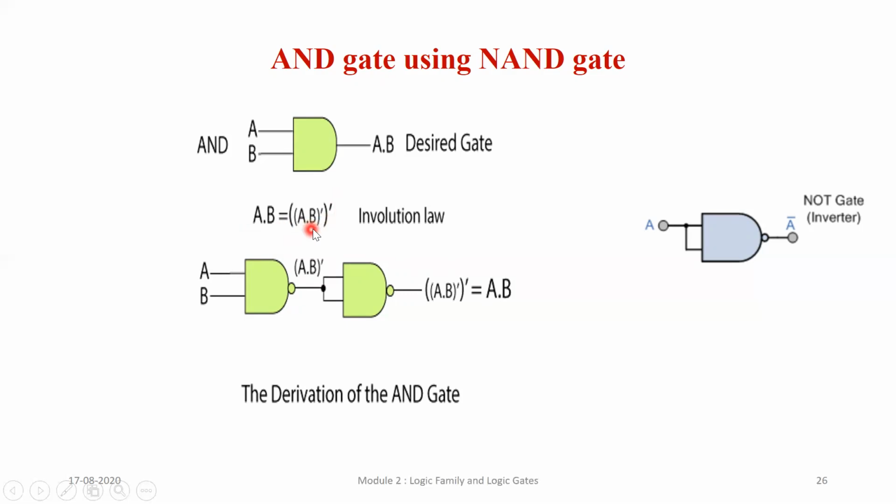A complement's complement is A. So suppose instead of A, for the ANDing operation, I take A dot B. So A dot B complement, its complement is A dot B. So I take my NAND gate first. This is my first NAND gate. Now I have 2 inputs, A and B. What will be the output of the first NAND gate? It is A dot B, the whole complement. AND gate is A dot B, and NAND gate will be A dot B complement. So my first inner part is done: A dot B complement.